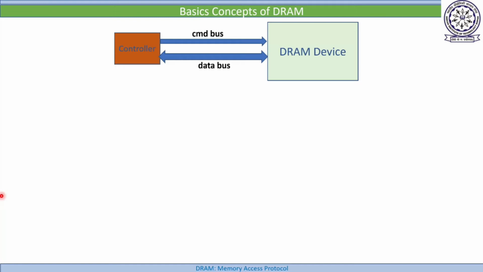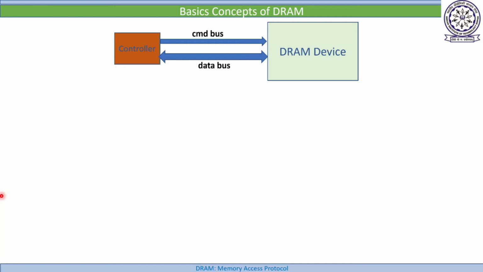If, from the remote, you send an instruction to move backward, then that command will be forwarded to the robot. And after receiving this command, the robot knows how to move backward. The same thing applies to the DRAM device. Once the controller sends a command, the DRAM device knows how to execute it. Sometimes execution of a command has many steps, but everything about how to execute the command, the DRAM device knows.